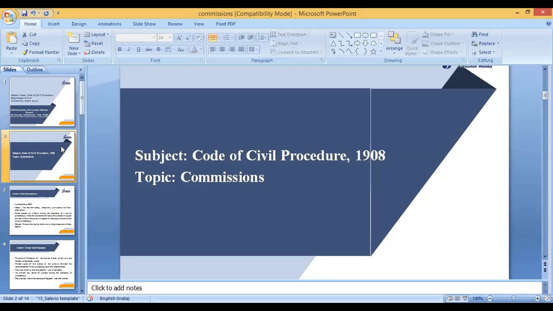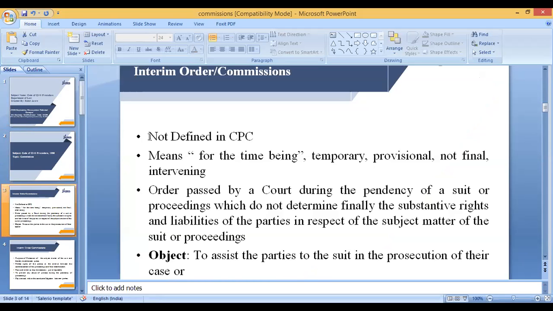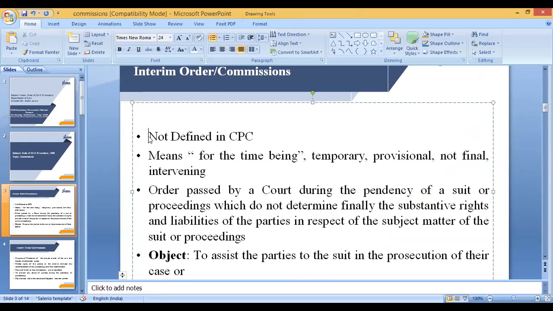So in this background, we are going to start with the relationship between interim orders and the commissions given under the Code of Civil Procedure. Now let's start with the same, my dear students. As far as the word interim order is concerned, the same has not been defined in the Code of Civil Procedure. My dear students, as you are aware that